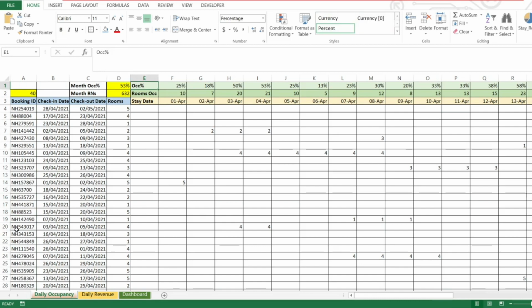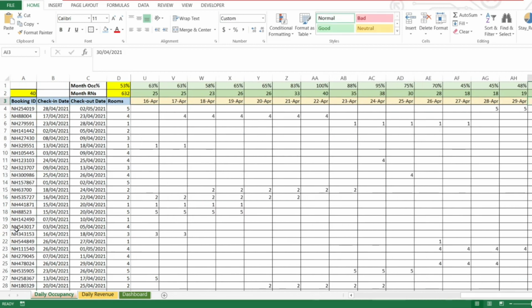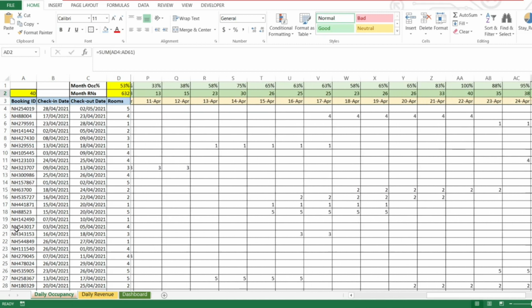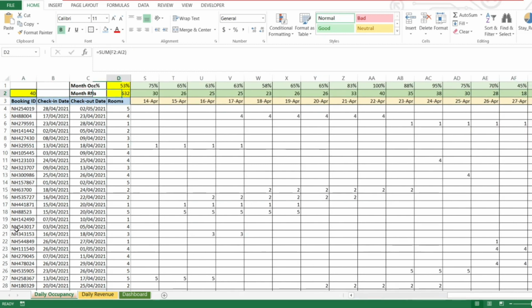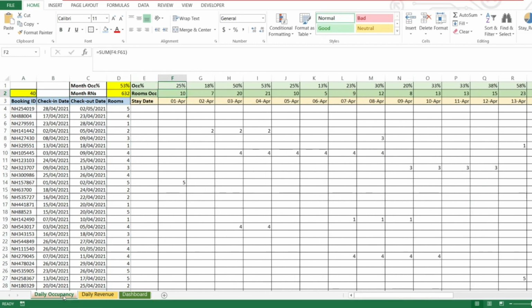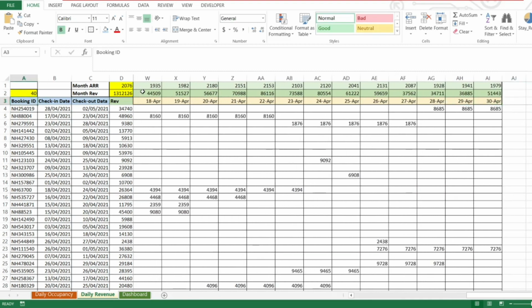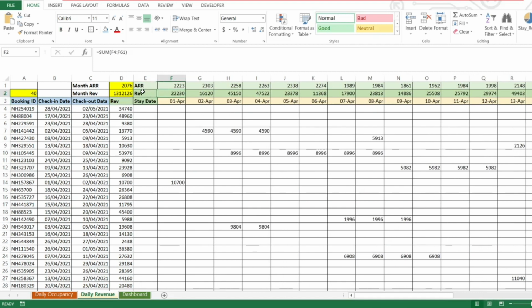And here I have the stay dates from 1st of April to 30th of April. So for the entire 1st to 30th of April, I was able to calculate the number of rooms occupied for each particular day. How did I do this? I'll explain it further on in this video. Using the same formula, you can also calculate the daily revenue you're generating, day-wise again. And if you apply a simple formula for ARR, which is simply revenue divided by room nights occupied, once you have the daily revenue, you can also get the daily ARR.